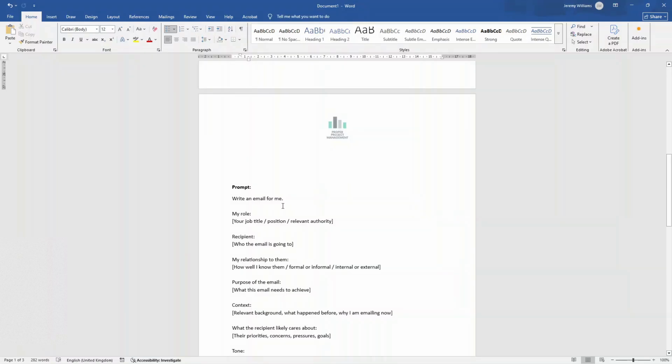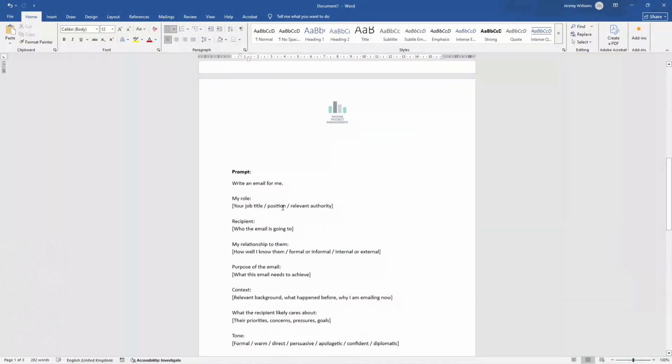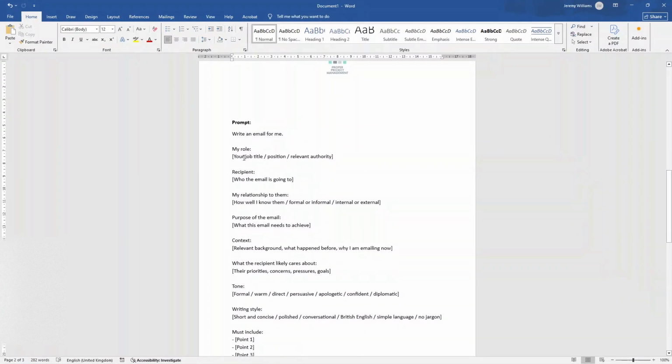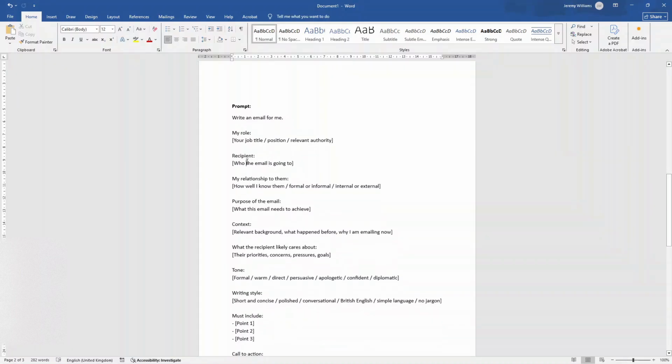I will be showing you an example very, very shortly. Let me just briefly walk you through it. So firstly, you explain what you're after. So write an email for me. Then you specify your role. It could be your job title, your position, your authority. Then the recipient, who is it going to? Your relationship to them, how well you know them, whether it's formal, whether it's internal or external to the company,